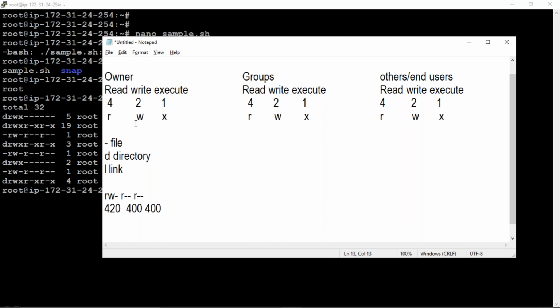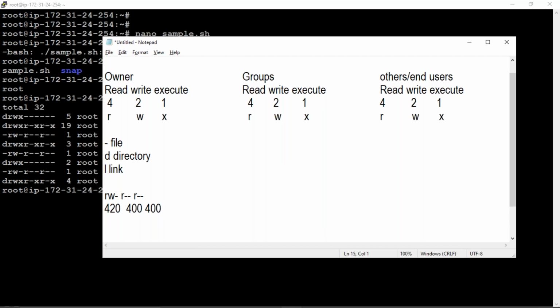Seven, right? So we need to give 7 for the owner of that file. Read, write, execute for the owner, for the group, and for others as well. So we need to change that permission for all of them.